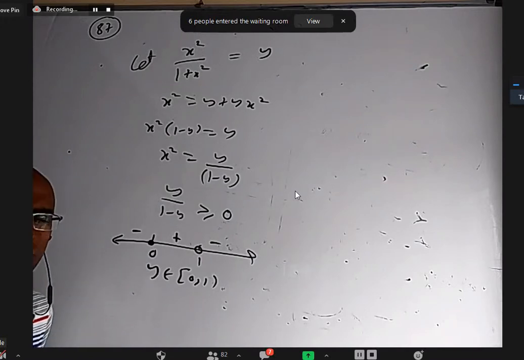So it's just like finding domain, no, sir, but instead of x, we'll take y. Yeah, it is somewhat like that only. Later on, we'll study about inverse function. What we are actually doing is finding the inverse function and finding the domain of that.